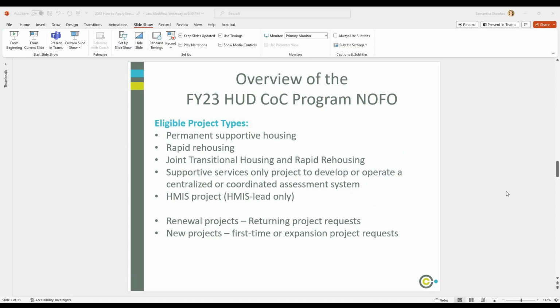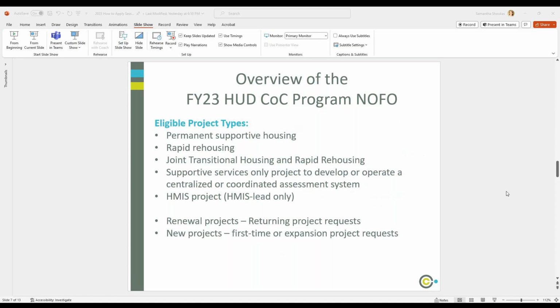Supportive services only projects for coordinated entry are going to be things like our helpline, our prioritization process, and any funds that are needed to actually run the system through which people flow. And then HMIS projects are only eligible for HMIS leads. Domestic violence providers are eligible to put some HMIS funding on their projects specifically, but it's not a separate HMIS project.